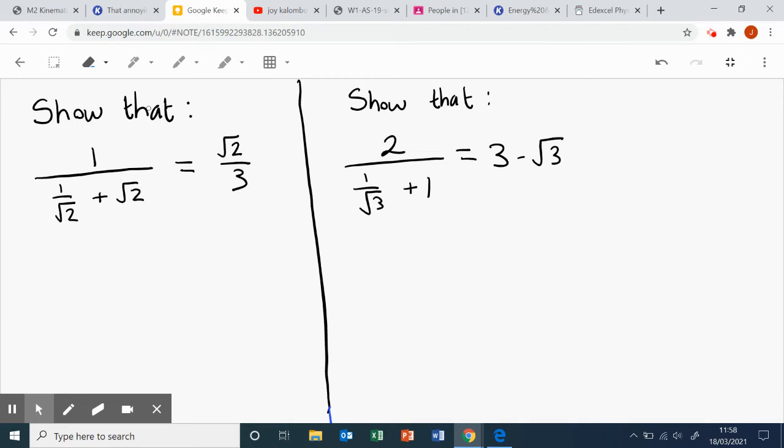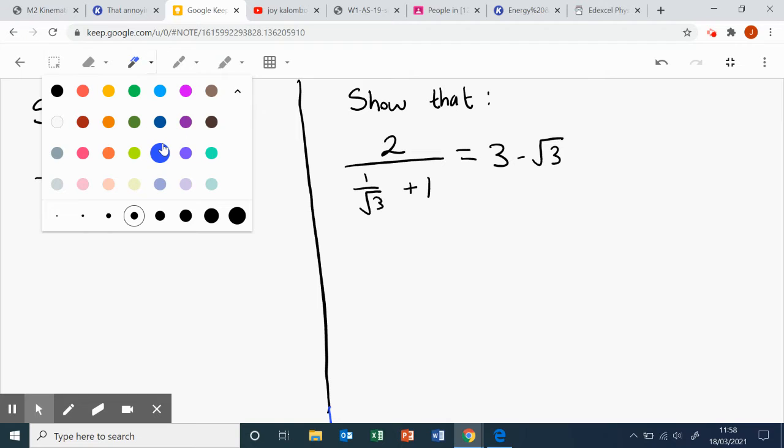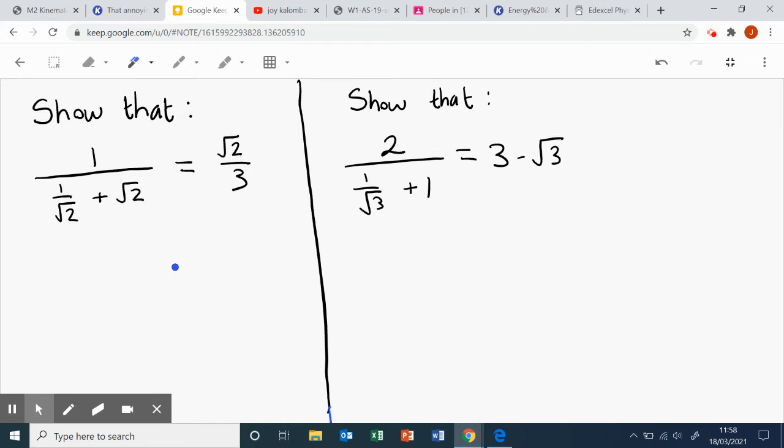Let us go into the question. Let me just choose a blue pen. Okay, so firstly, you want to show that 1 over root 2 plus root 2 is equal to root 2 over 3. Well, if I were to multiply the top and bottom by the square root of 2